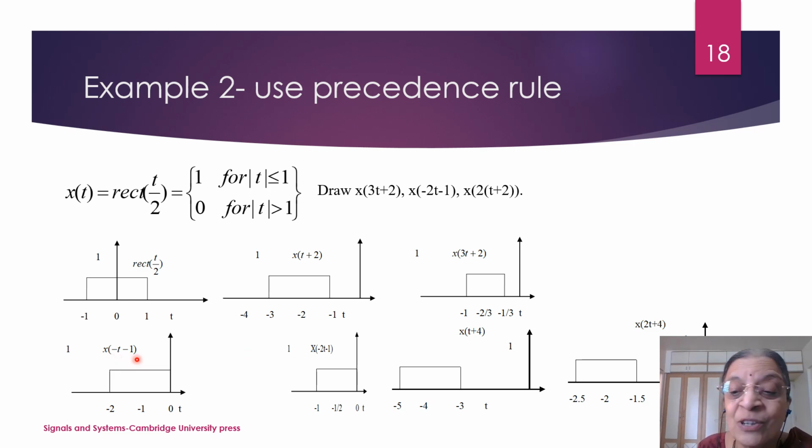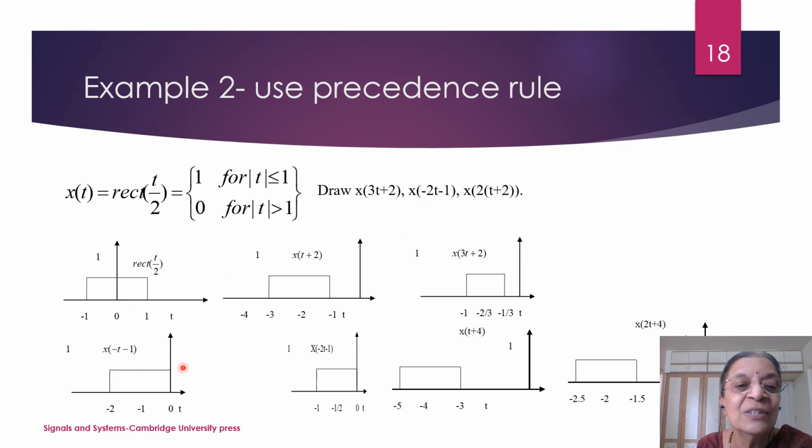If I want to have x of minus t minus 1, firstly I must know what is x of minus t. But in this case, this x of t and x of minus t will be the same because the signal is symmetric. Right? So x of minus t is same as x of t. Now consider x of